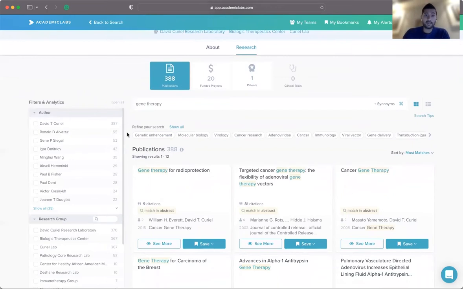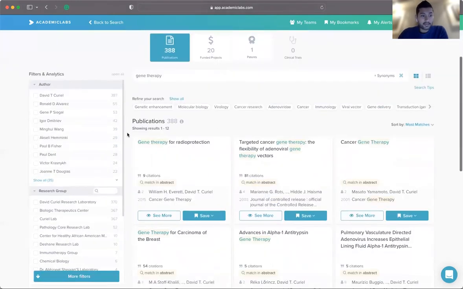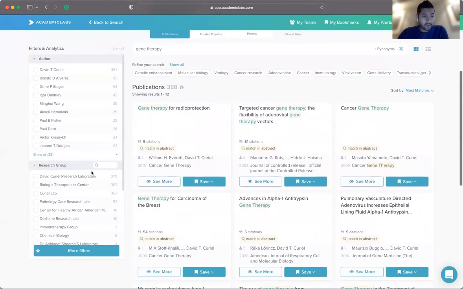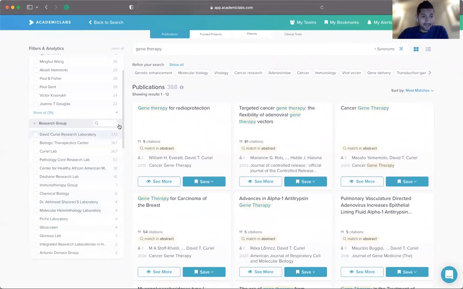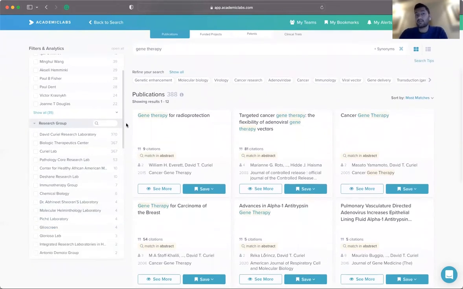So now you're within the profile, you're seeing all the publications of this person on gene therapy, and you can see a lot of other research groups that have been collaborating with the key opinion leader on your topic, but they did not immediately pop up at the top of your results. So a lot of them can be rising stars.